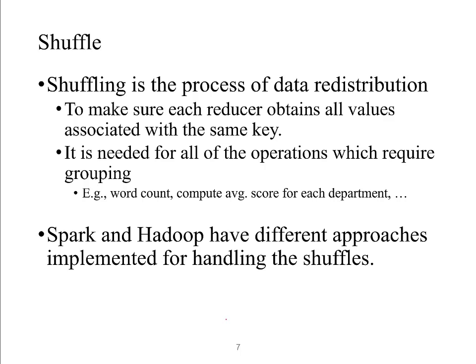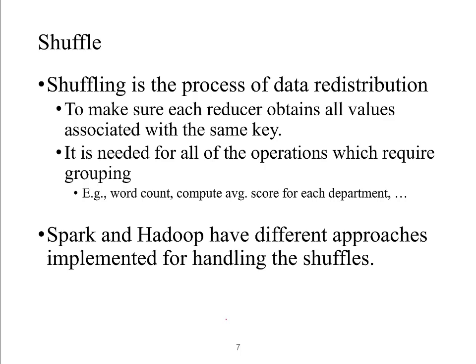Although in Hadoop, shuffle is handled by the MapReduce of Hadoop, and in Spark, the shuffle is handled by Spark, it is still important for us to know how it works if we want to avoid inefficient design of MapReduce. Right. So shuffling is to make sure each reducer obtains all values associated with the same key,